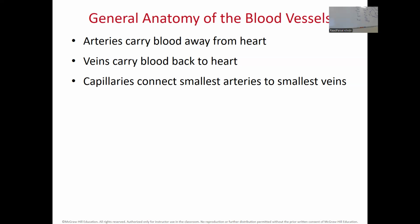Okay, so what do we have here? Well, what is that? This is the tissue compartment. So what's happening here? I have a red side of the circulation. This red side is going to be rich in oxygen. It has a lot of oxygen supply and a lot of nutrients